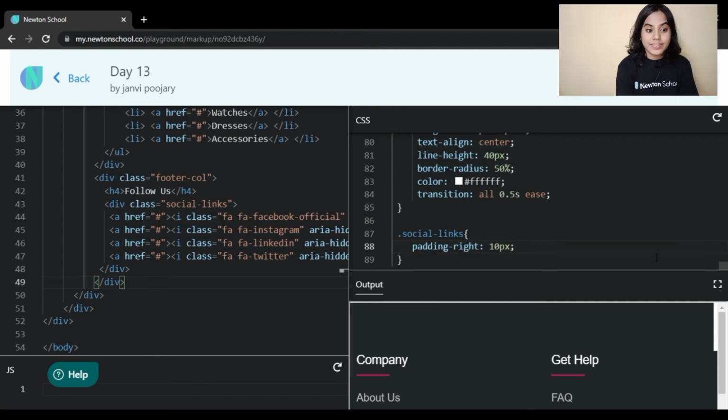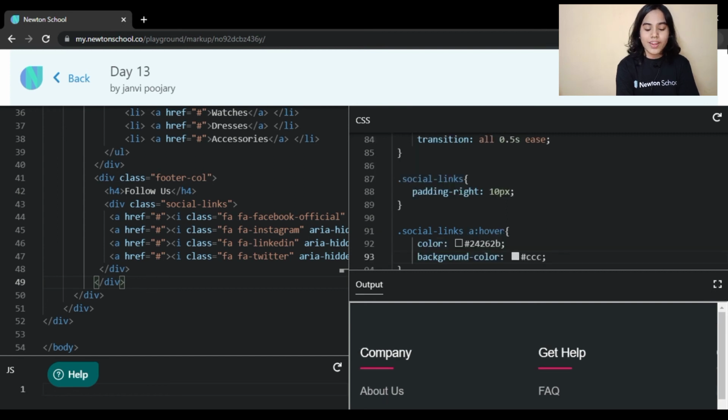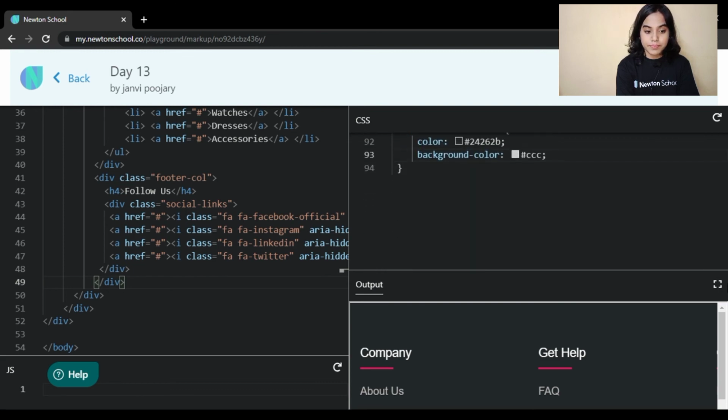Now it's time to make it. When we hover, it will transform into this. Now it's time to make it responsive.